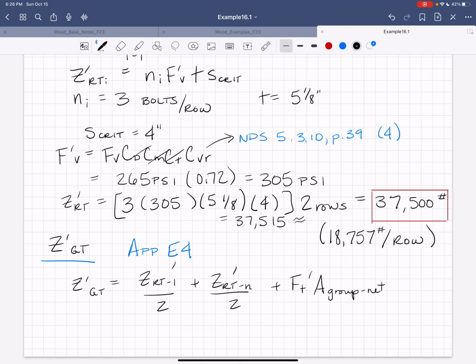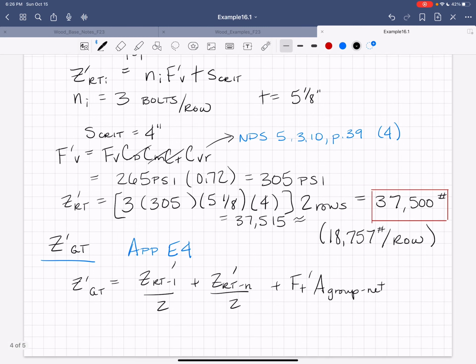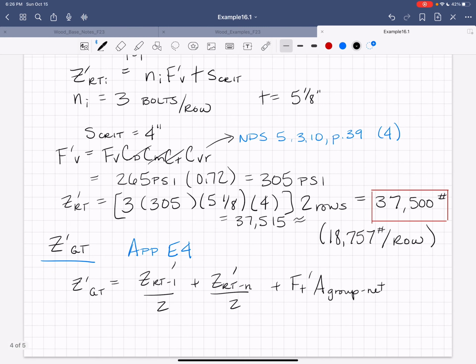If I use the 2 rows, I get about 37,500. That's rounded a bit. It's actually 37,515. In other words, it's 18,757 per row. Each row can handle that. We'll need that for a later combined equation, so I'm leaving it in that term there. And then finally, the group tear out, appendix E4, and that's where we need those row values. So the group tear out equation is